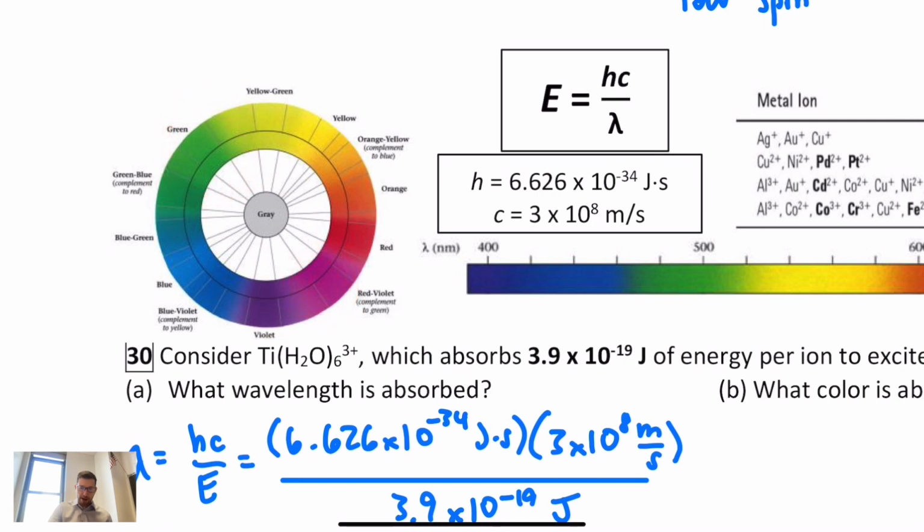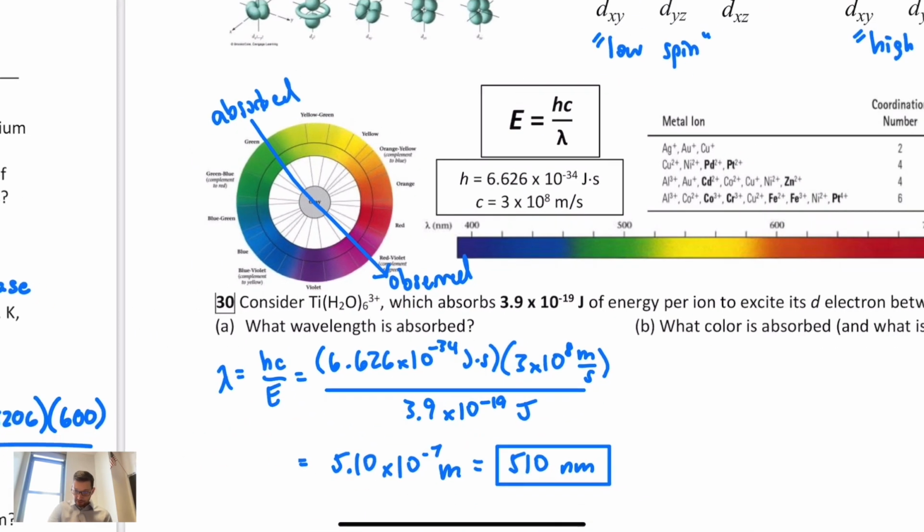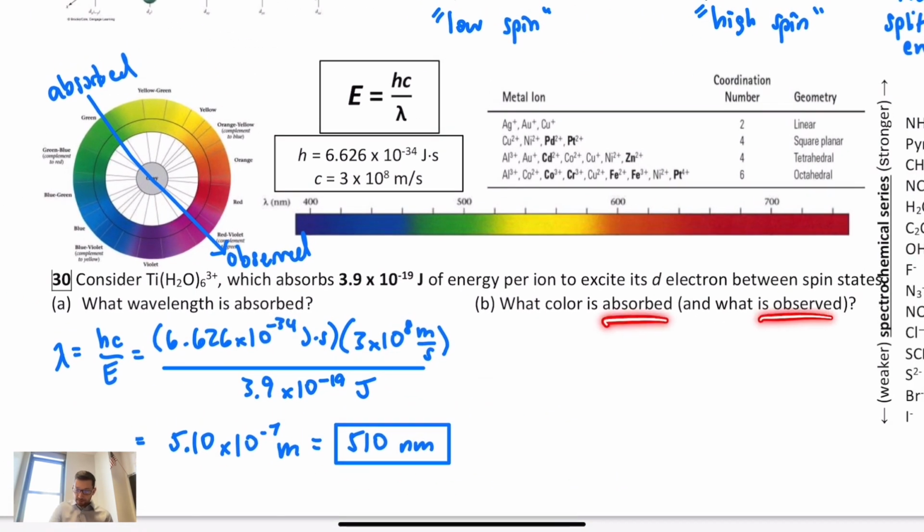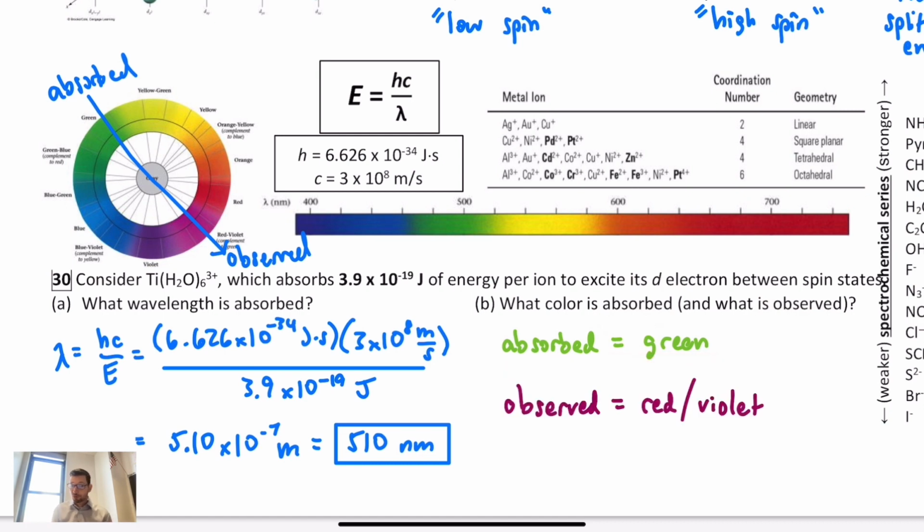So if you draw a line straight through the color wheel where you're absorbing greenish light, that shows you what's observed. In this case, on the other side, kind of the red-violet. So what's absorbed and what's observed? Well, we would absorb green and we would observe a red-violet. So this titanium complex should look kind of red or violet in front of us because it's absorbing greenish light